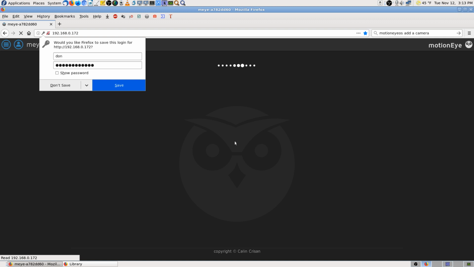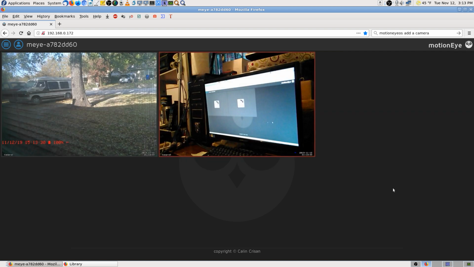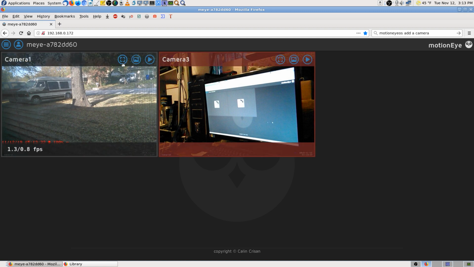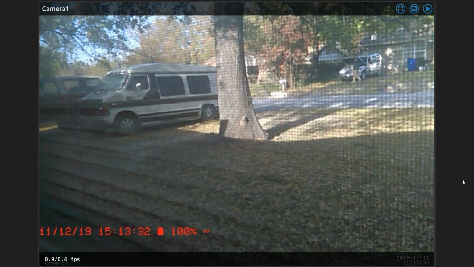Because that's why I didn't ever save that, because I knew there were 2 different passwords for the same IP address, and that would just cause real headaches. So there you go. Now here's what you can do. You can view it. What I would do if I was going to use it is take the